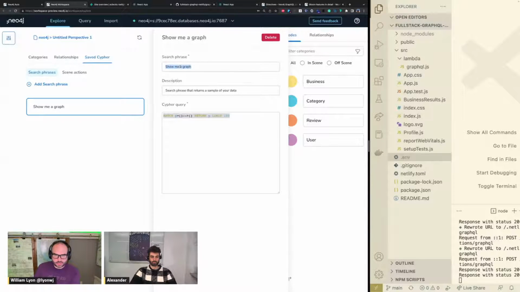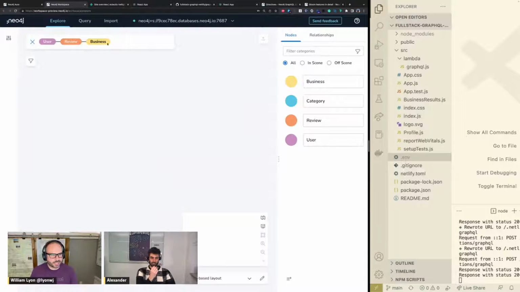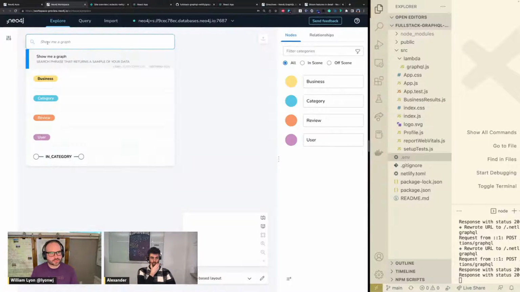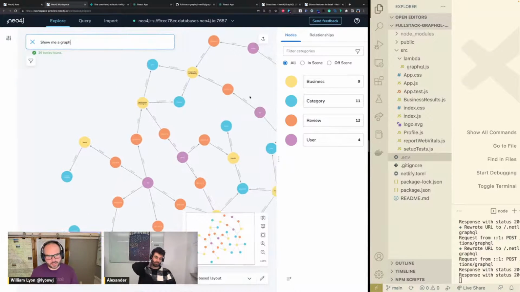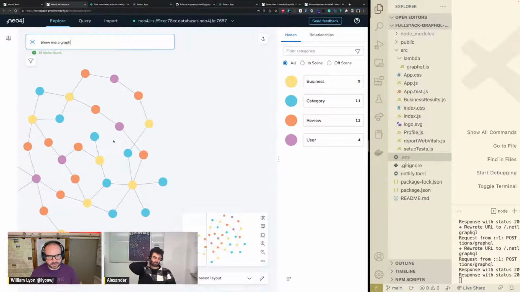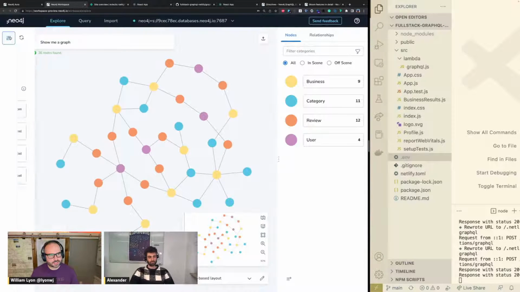So this is what the user types in, but behind the scenes, this is the Cypher query that runs. By default, there's this "show me a graph" Cypher query. If you've ever seen that in Bloom and wondered what this is actually doing, it will always show up as one of your first options here. This is just finding some paths in the graph by executing